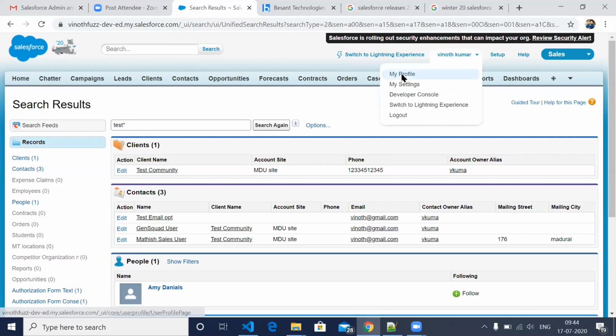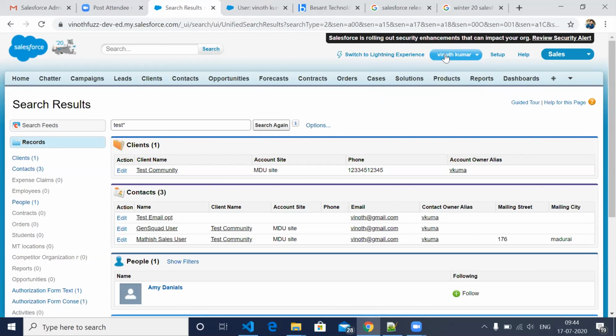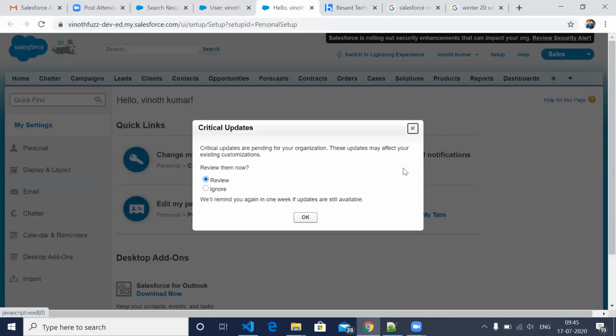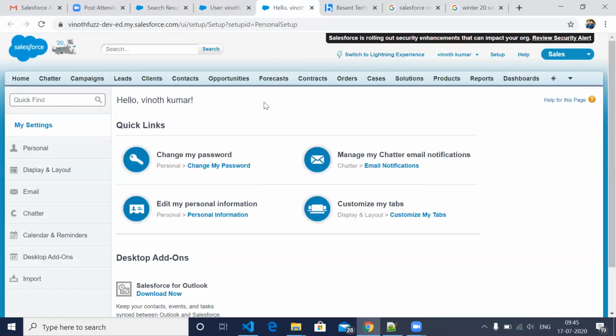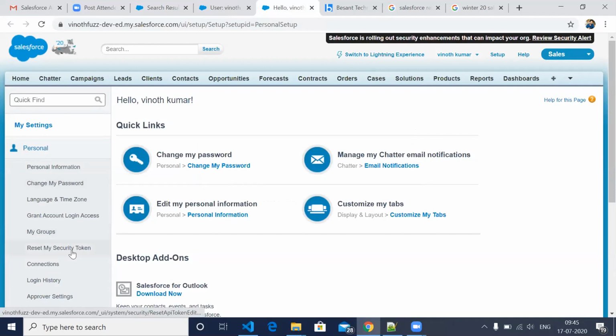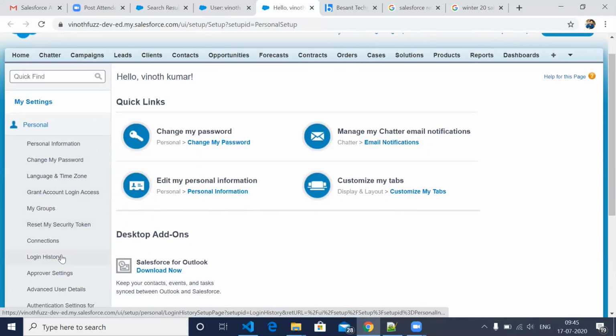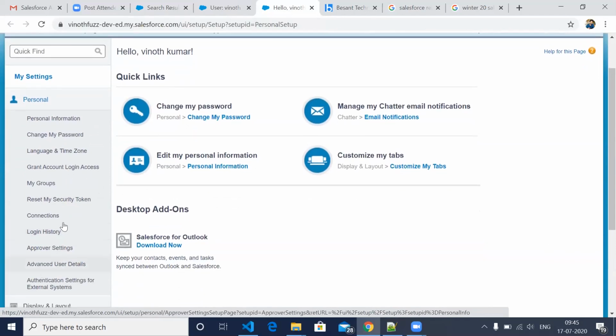Your profile is just to change your name and the details you gave initially while creating it. In the same way, you can change your settings, and here you can change your language, your time zone, and everything, and login history and everything.